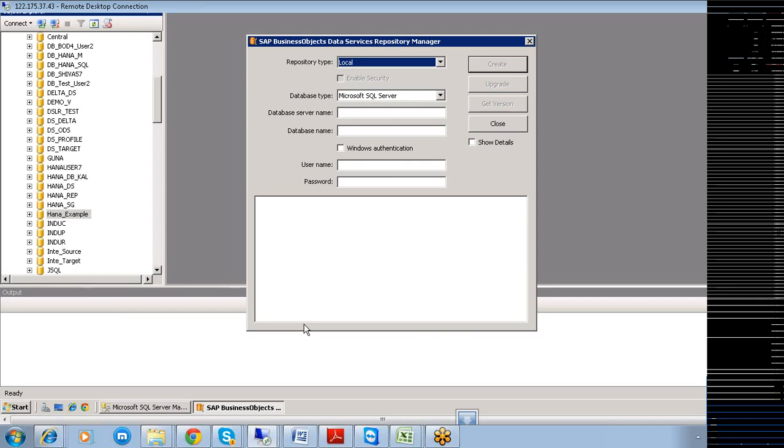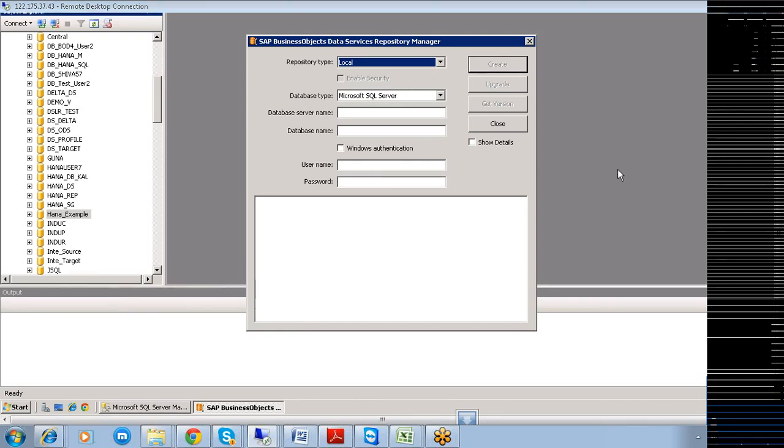You know there are three types of repositories: local, central, and profiler. We go with local in this case.